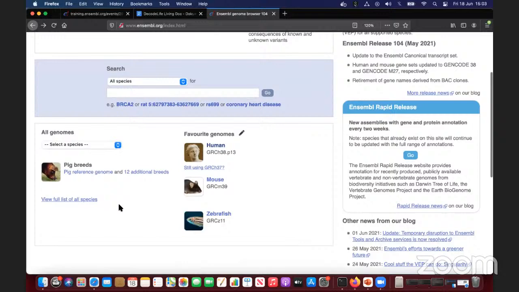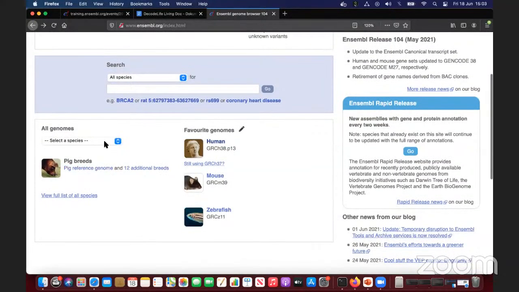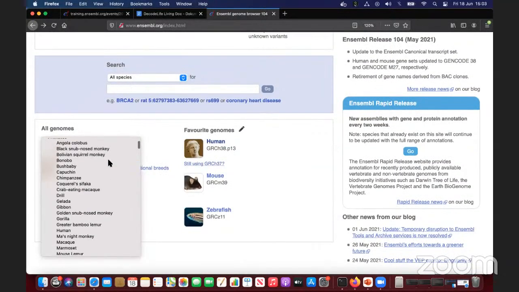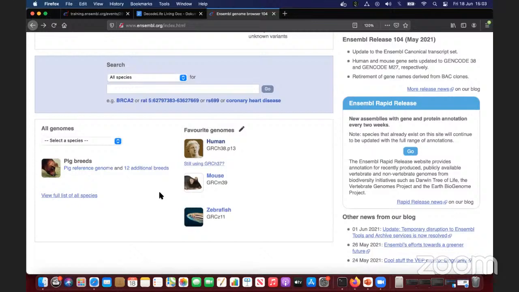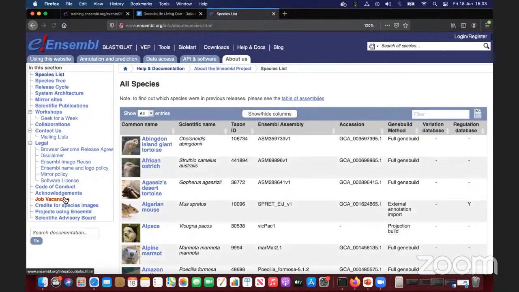So this section also contains the species selector. So you have a drop-down list of all available genomes, and you can navigate to species homepages from here. Alternatively, you can explore the full list of Ensembl species as a table. So I'm going to click on this view full list of all species now, which takes me to this all species page,